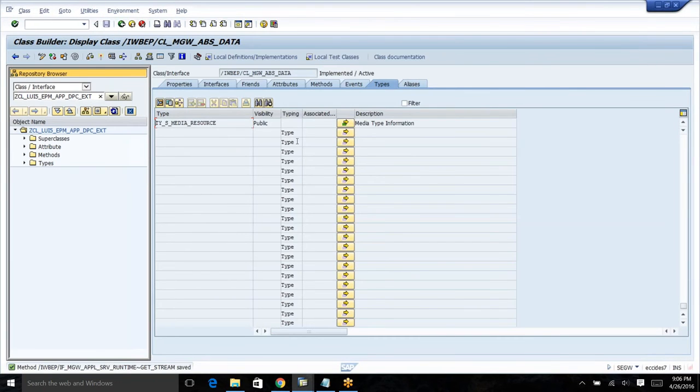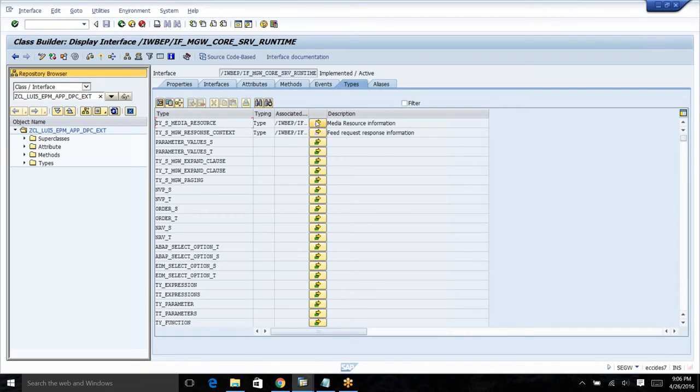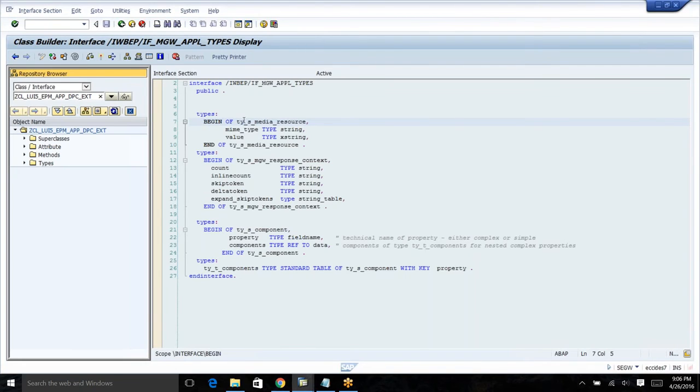So this is the media resource. In the media resource, you have MIME type and you have value with the X